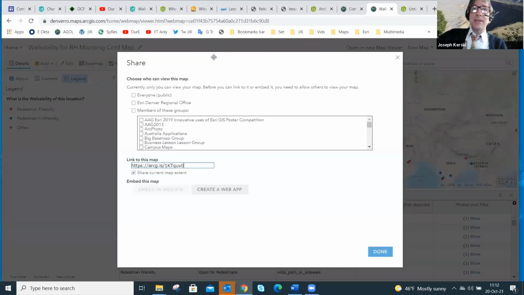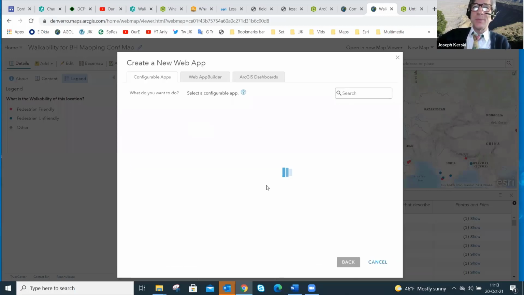So now, inside here in the classic viewer, I actually think this is slightly counterintuitive, to be perfectly honest, since we're all among friends here. Under Share is Create a Web App, and underneath Create a Web App is Create a Dashboard. In the new map viewer, it's under Create an App, which makes more sense. You've got the share and save in a different place in the new map viewer, so it's actually improved. In the classic, which is what we're doing here, because I wanted to touch a little bit on analytical tools, time permitting, it's actually under Share. Not the best, perhaps, but creating a web app.